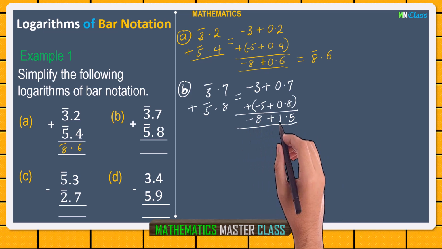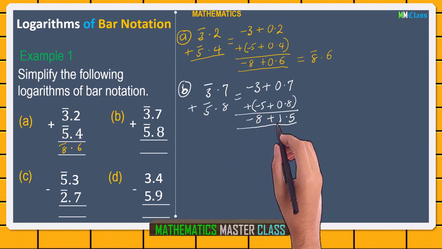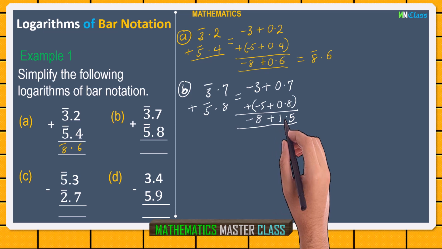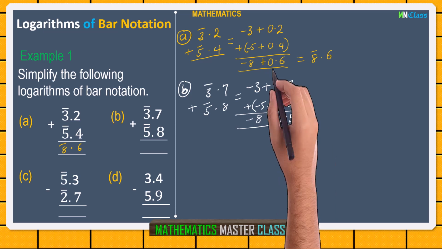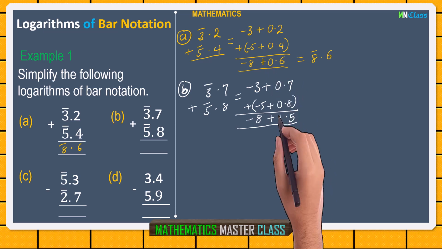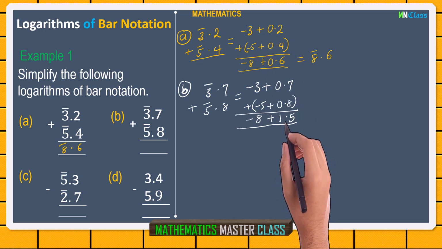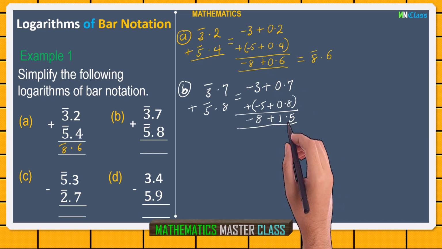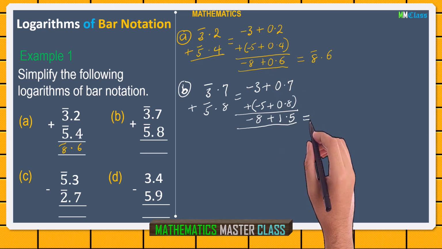Now, still, this is not our final answer. But you have noticed that here we have 1.5. Remember, here we have 0.6. So you cannot write it until you have 0 here. And how are you going to have this 0 here? Is to first of all expand this 0.5. So again, we are going to expand this as